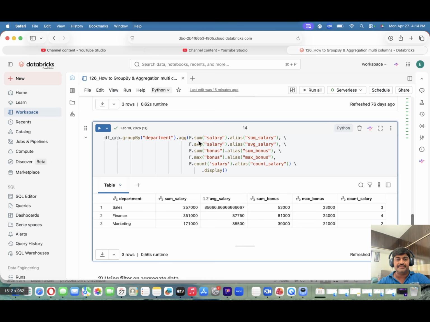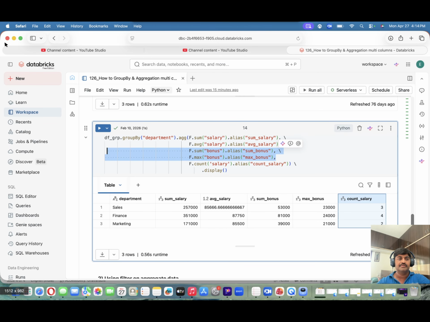If you see here, average on salary, sum on salary, and count on salary. These 3 things will be the same because it is the same aggregation department wise. Sum of salary will be the same, average will be the same, and count will be the same, 3, 4, 2. And the only additional thing I gave is sum and max of